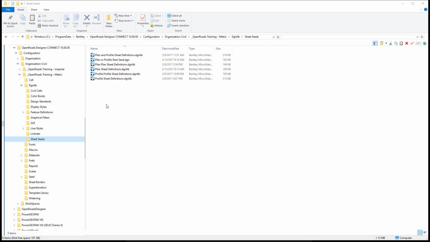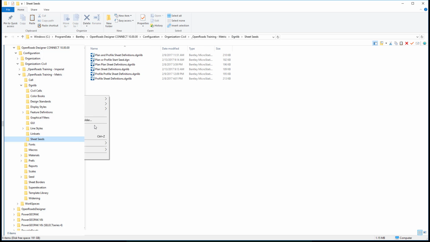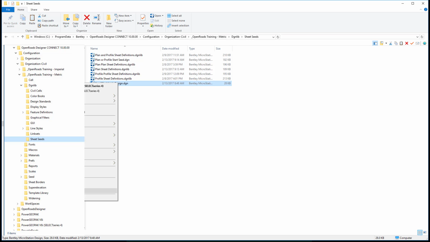Now that we've taken a look at how to do plan and profile combinations, it's time to start working on our cross sections. So let's jump back over to our seed folder and grab our 2D seed file, paste that over here into our sheet seeds. I'm going to rename this one cross section start